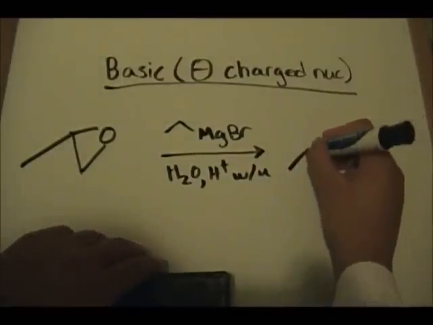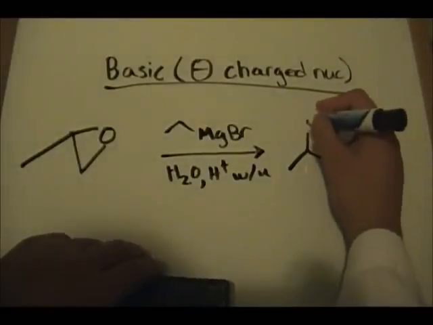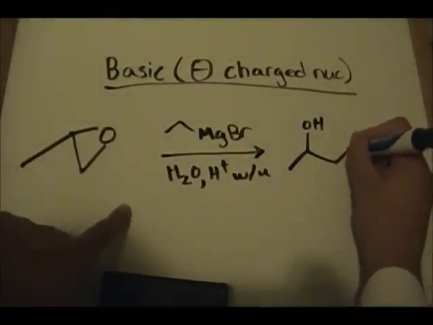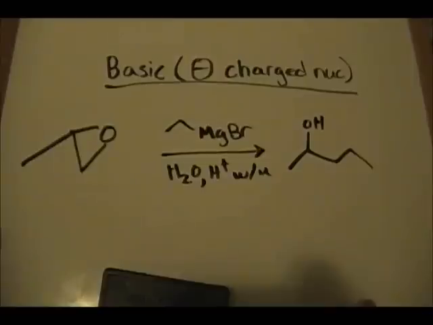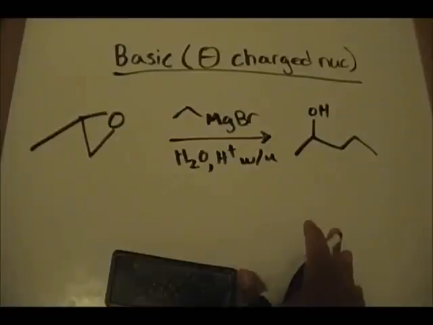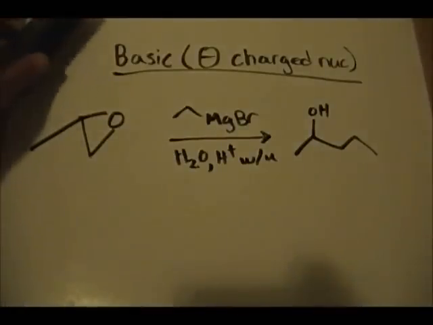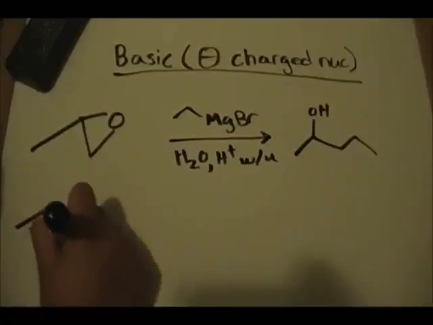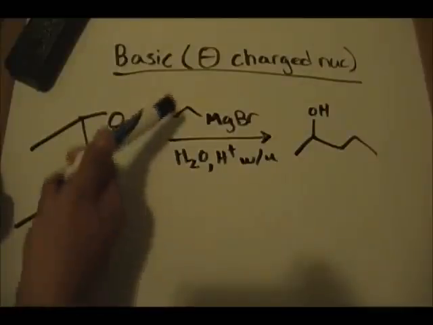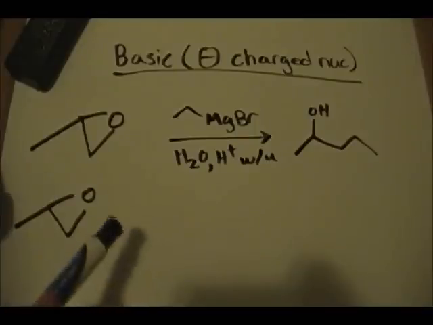So you'll have something like this. You'll have OH there, and then you have 1, 2. That'll be your product of this reaction. Looks kind of strange. It doesn't really resemble the reactant, but I'll go over the reaction mechanism with you right quick. What happens under basic conditions, and I'm going to say this twice because this is a very important point: under basic conditions, the nucleophile, which is this 1,2 carbon chain, or any type of nucleophile